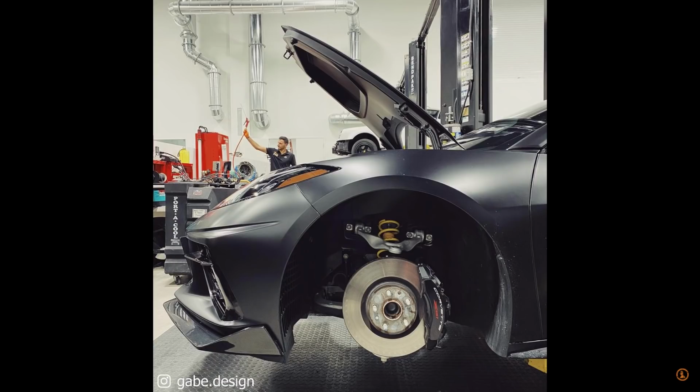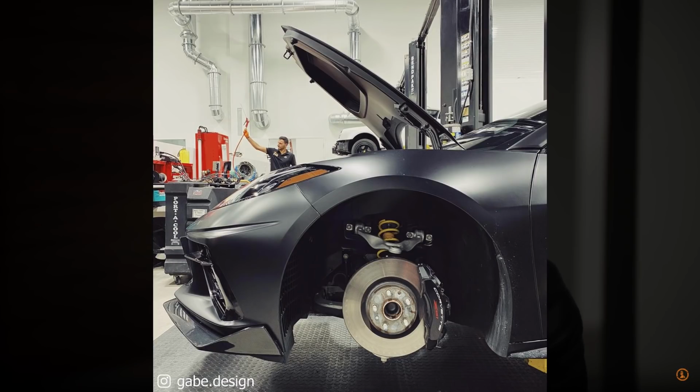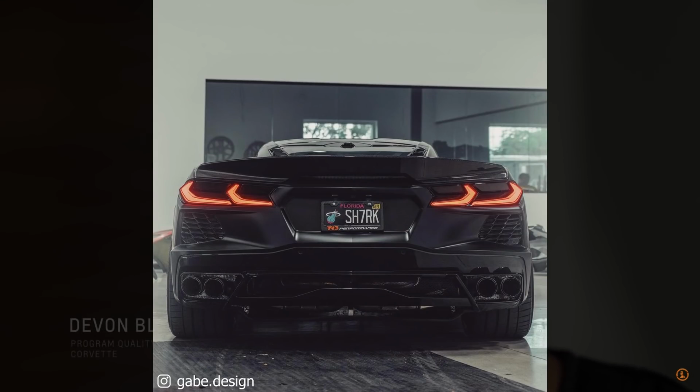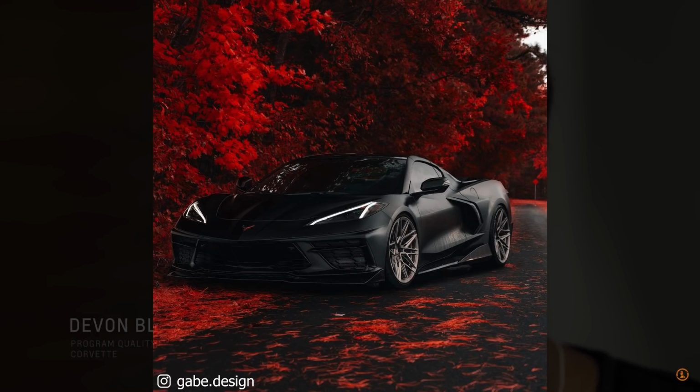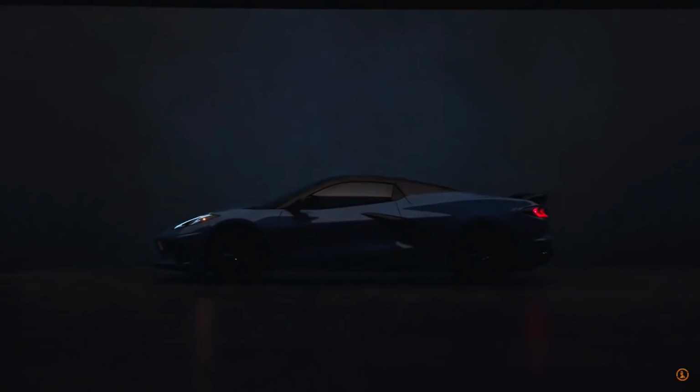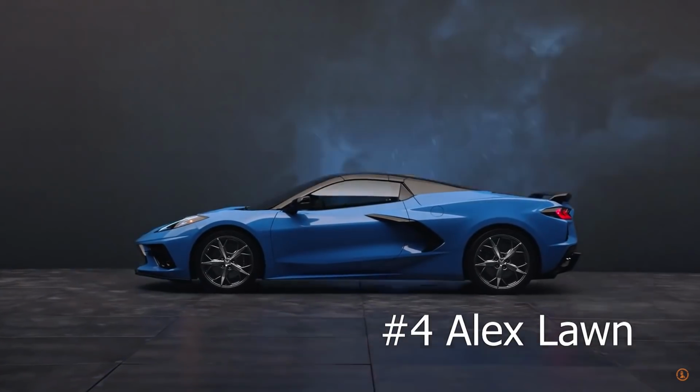I have to say I really like the look of this build because I'm a huge fan of satin, and the spoiler is just something you never see. I think this one looks so good simply because he didn't just go with black wheels to completely murder out the car. So the wheels just completely pop out at you in a positive way. Well done. Number 4. Alex Lawn from